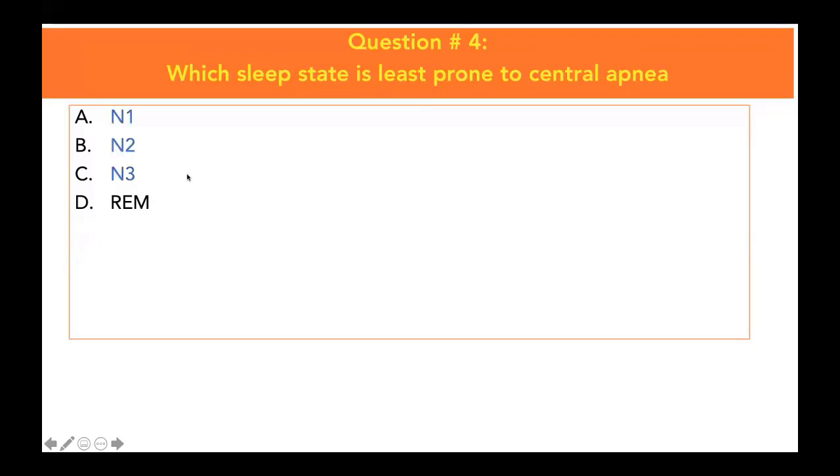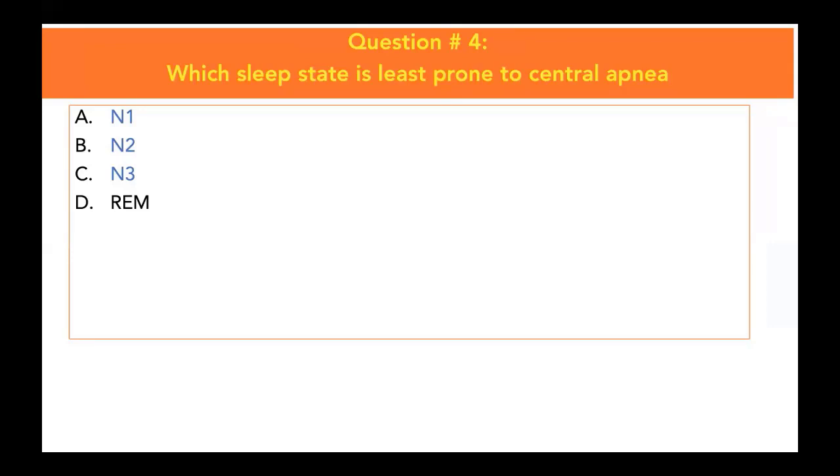And the answer to this is REM. This is one of the fascinating and most confusing things about REM, that it's a very active brain. Even though the periphery is paralyzed, however, the ventilatory control is closer to